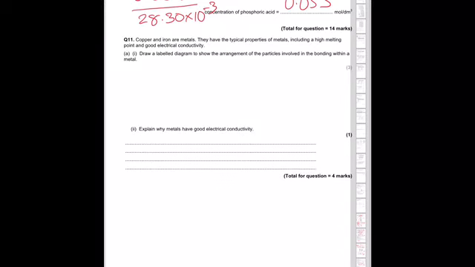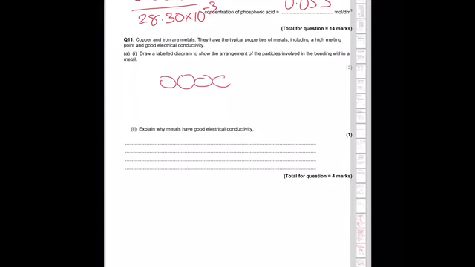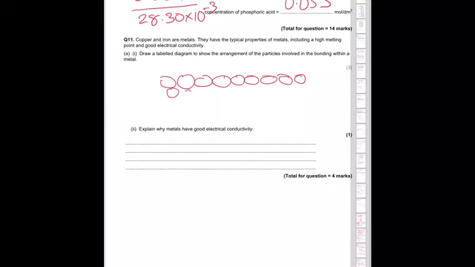Copper and iron are metals. Typical properties, they have a high melting point and good electrical conductivity. So you need to draw the structure. So you need to draw at least 5